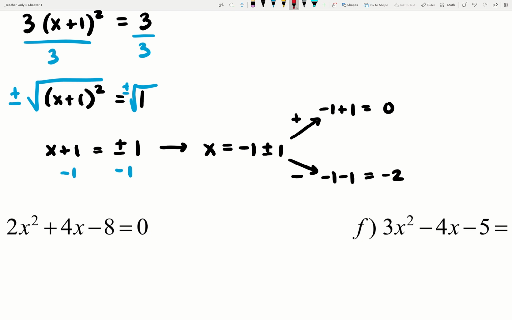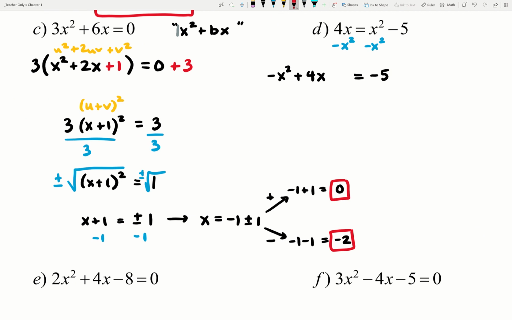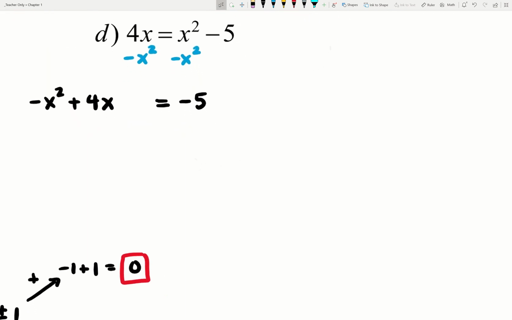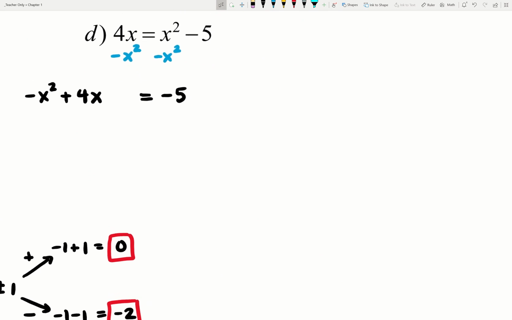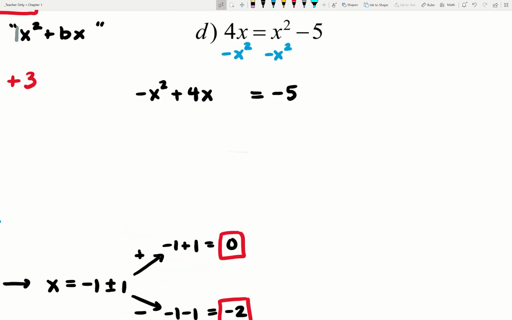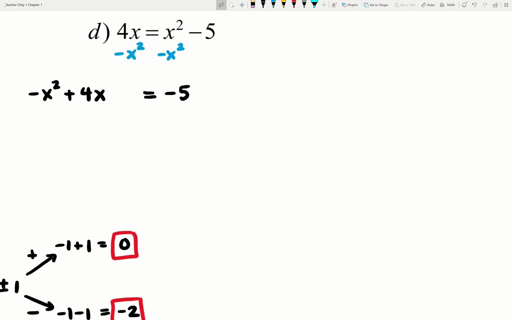There we go. Okay, so we have these two answers for that quadratic equation. So whenever you complete the square, that's something you're going to have to make sure that you do. Moving on here to this next one, I've already done a little bit of work to try to rewrite this in the form that we prefer, because remember, we're looking out for this form right here up top. We're looking out for that 1x squared plus bx, and I'm close to that,